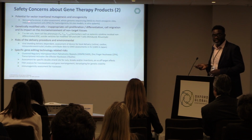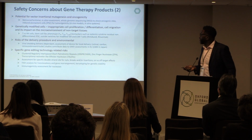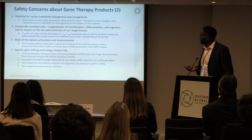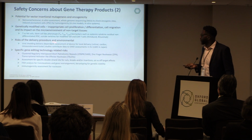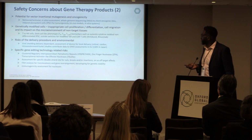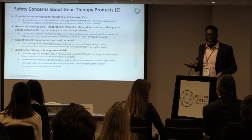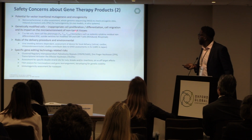Insertional mutagenesis. If you're using an integrating vector, you're going to try to see whether it's not hitting any oncogenic sites. So you basically do things like in silico assessment, computer-based, or whole genome sequencing. If you're using pluripotent cells, tumorigenicity in vivo models take 9 to 12 months to check, or in vitro